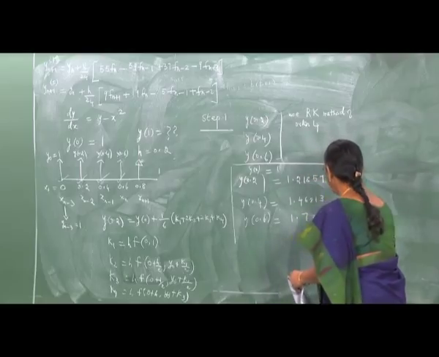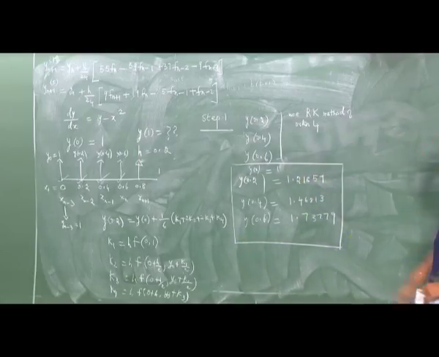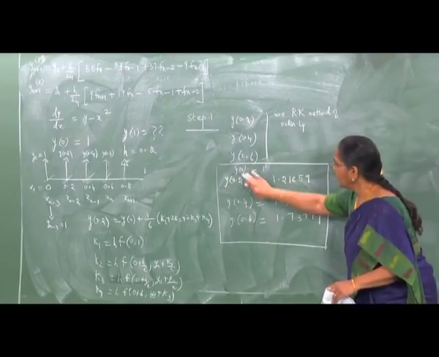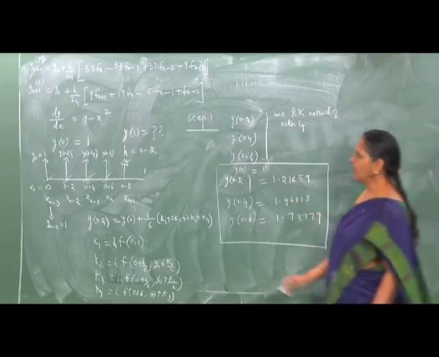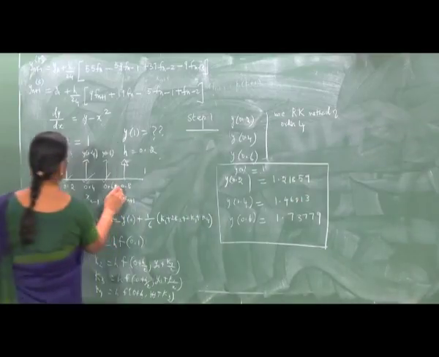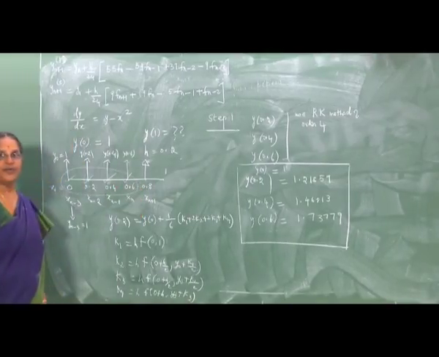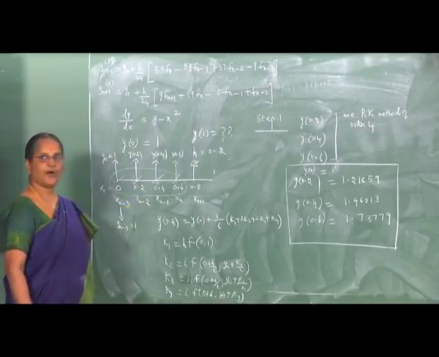So, we have the solution obtained using Runge-Kutta method of order 4 at these 3 points, and this is an initial condition that is given in the problem. So, we have information at all these 4 points which is needed to obtain the solution at the point 0.8